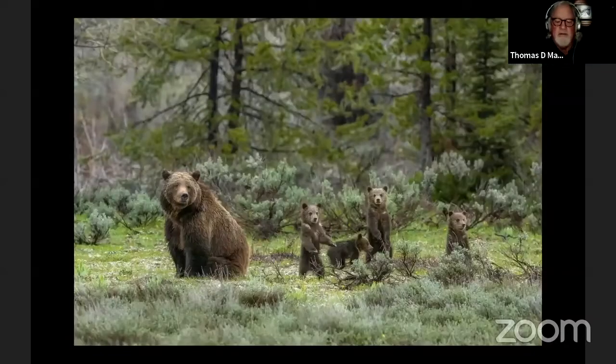Seeing the 5 of them reignited my passion to continue documenting her and her family. My record of days photographing a single individual was the 42 days photographing the cougars. This year, I spent 56 consecutive days in the park trying to photograph 399. And since then, another 150 days. I need to get a life. Here they are,